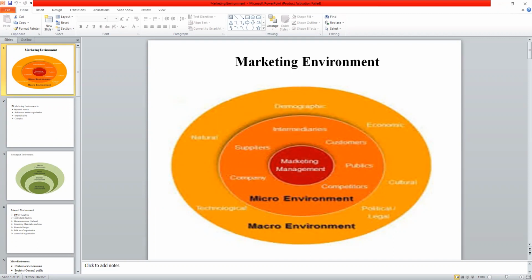So this environment, one thing is that the environment is restricted to the marketing part, but marketing again is a subset of all this business ecosystem. So we cannot say that just marketing is left out. Now, if you see the figure here,